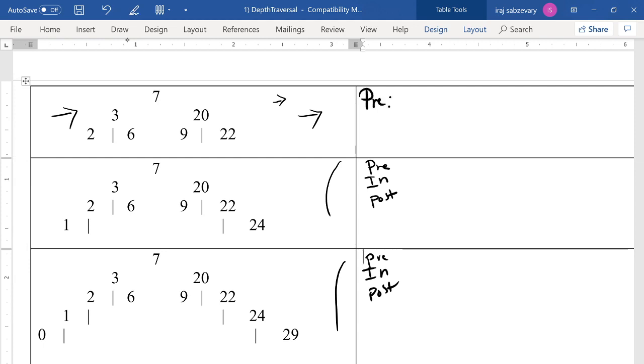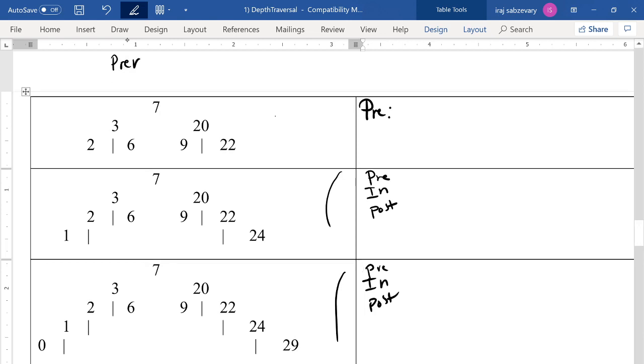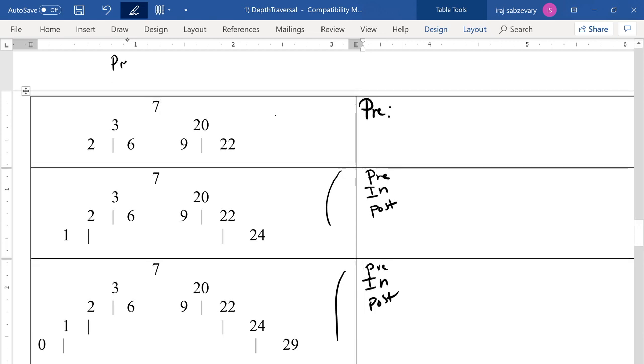Okay, so just so that we don't forget, pre is VLR, post is LRV. Okay, so that's what we have. So in this case, we're going to do the pre. This means we're going to visit the 7, and then move to our left, visit the 3, then move to our left, visit the 2, and at this point, so that we don't get lost here,